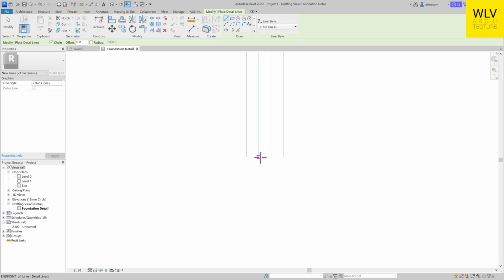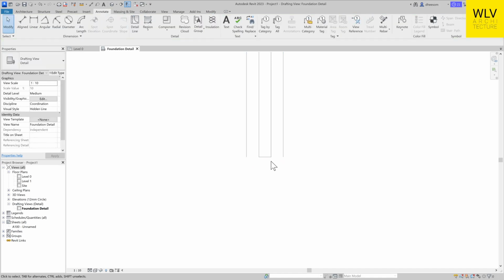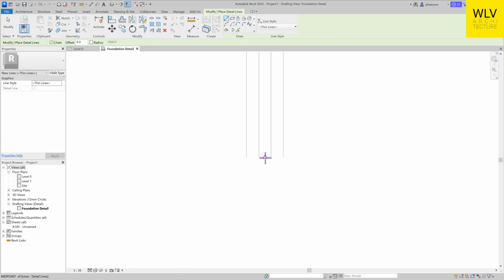We could draw a line from there to there, go down the middle and offset it. We could calculate the distance and go off a certain distance from here and then come down. There's so many different ways. I'm going to do it this way. I'm going to draw just a short line there, and I'm going to draw another detail line from the midpoint of that as the triangle and make that 750